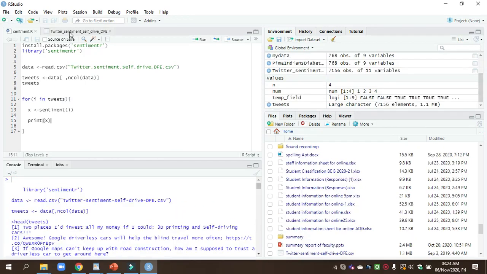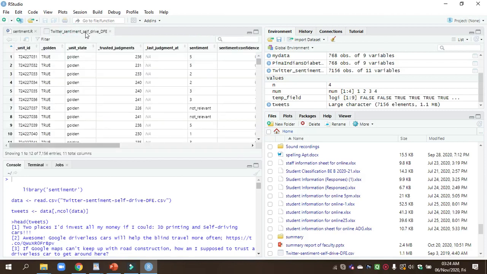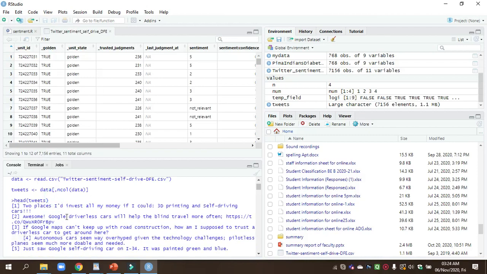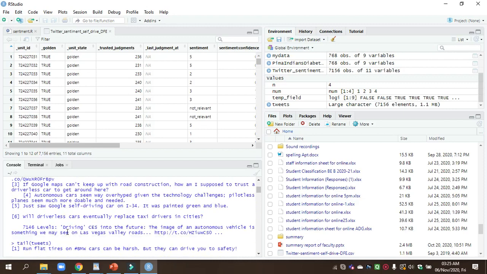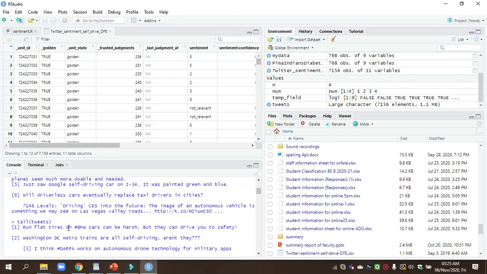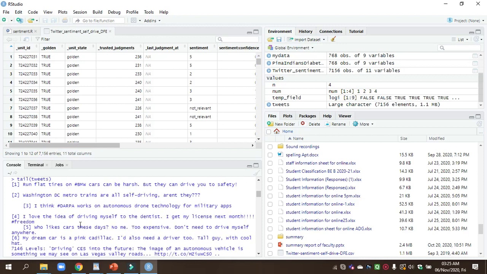After importing the Twitter CSV file, we get the output. In that output, we have the head of the tweets. The head indicates the first 6 entries of the rows of that data frame, and the tail is the last entries of the data frame.